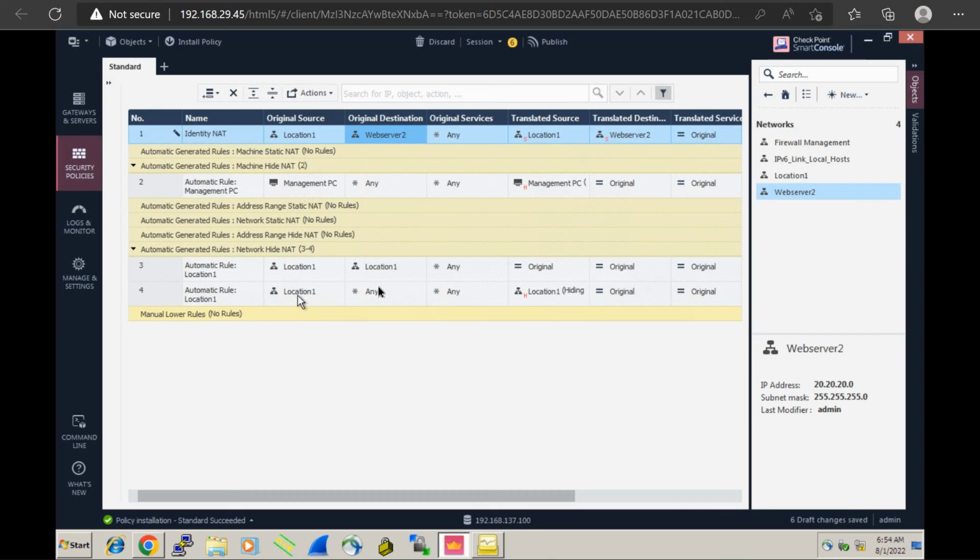Original source location 1, original destination any, location 1 hides behind the gateway, and that translation will happen. So whenever it is for web server 2, there will be no NAT, or identity NAT, and whenever there is traffic except web server 2, please NAT it and go outside to the internet. Just publish this policy and check